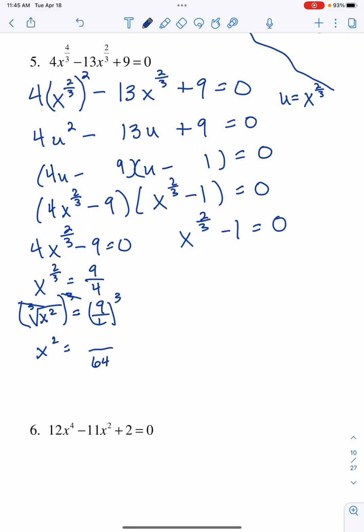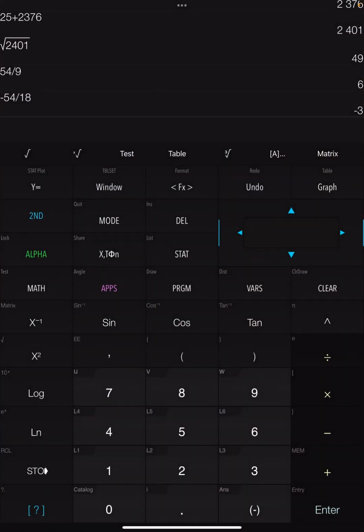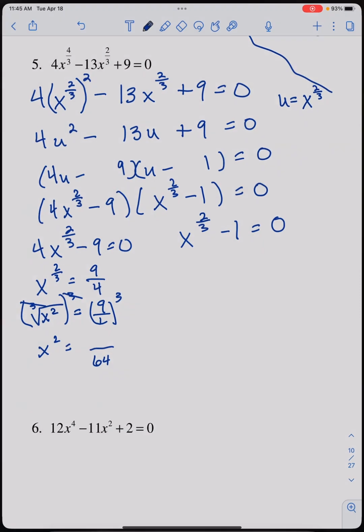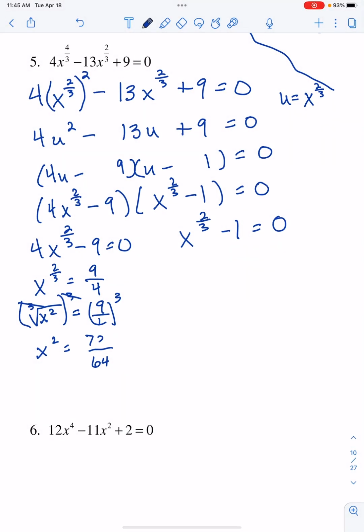It's not 3 times 3 times 3, it's 9 times 9 times 9. So we want to do 9 times 9 times 9, and we get 729. Now to get from x squared to x, you have to take the square root. So you take the square root, not forgetting your plus or minus, right? And then x equals plus or minus, well, the square root of 64 is 8, and the square root